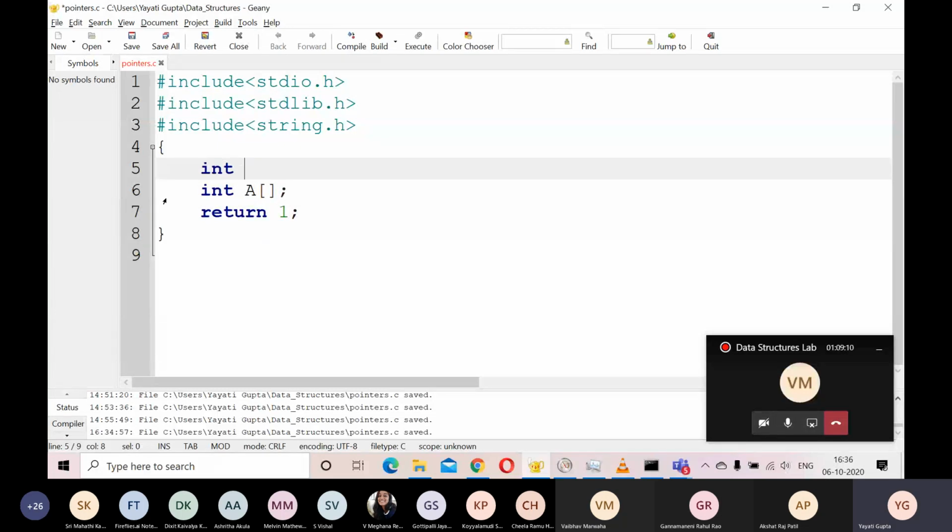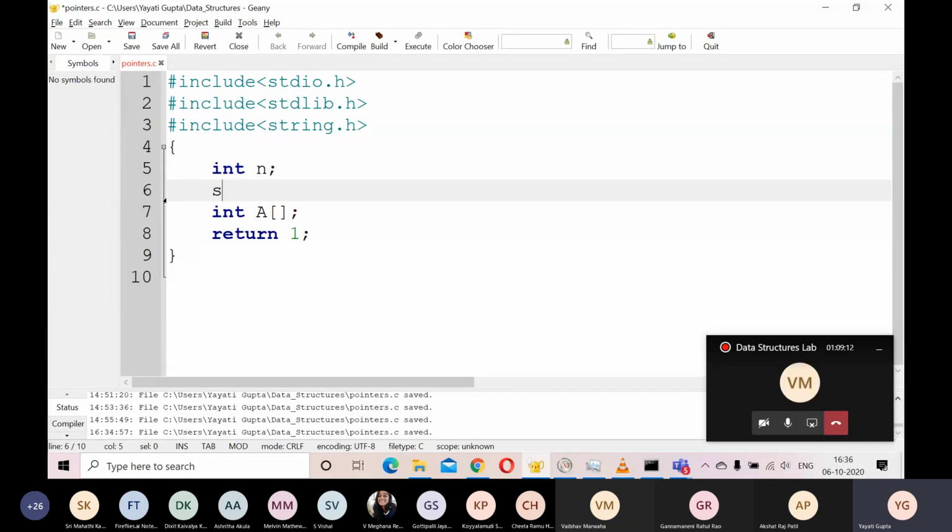Till now what we have done is you take an integer n, scan the value of this n, or maybe take it from the command line arguments. You ask this from the user and then declare an array of size n. This is allowed on GCC compilers, but not on all compilers. There are a lot of compilers out there which will show an error if you take an integer n, scan its value and then try to create an array of that size.